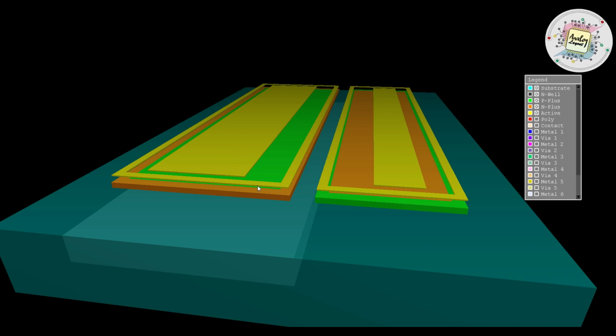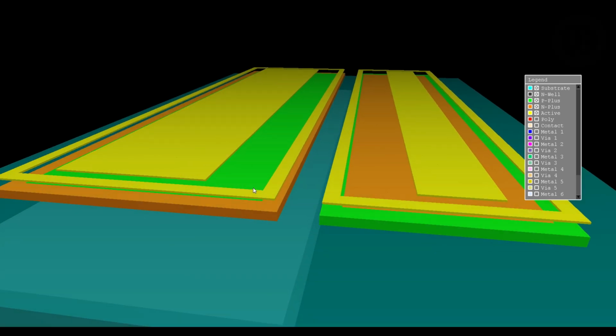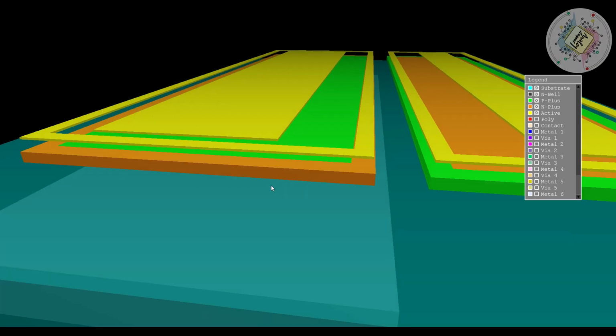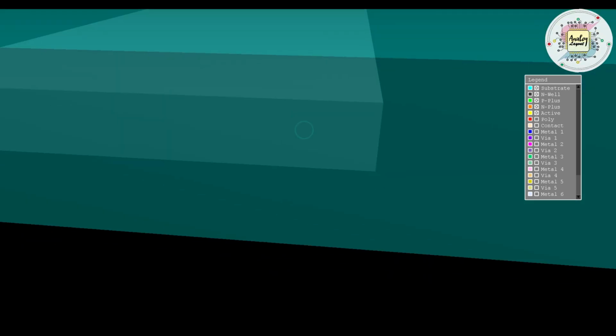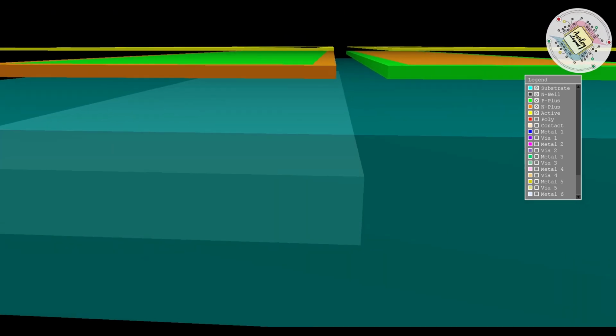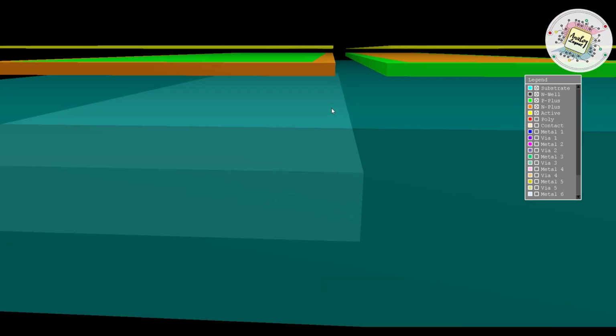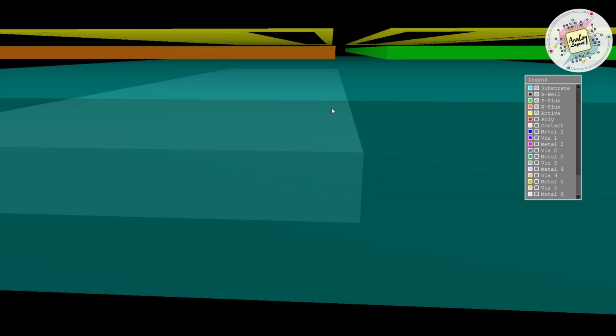So the active layer is nothing but the source and drain region of our OD, that is our oxide diffusion. So the active region is our oxide diffusion layer. This is also just like an OD only, but this is our active region. See, the active region is formed on top of our PP and NP layer. Hope you can see here very clearly. Let me adjust this. See, this is our PP and NP layer. On top of our P plus and N implantation layer, we have formed our active region.